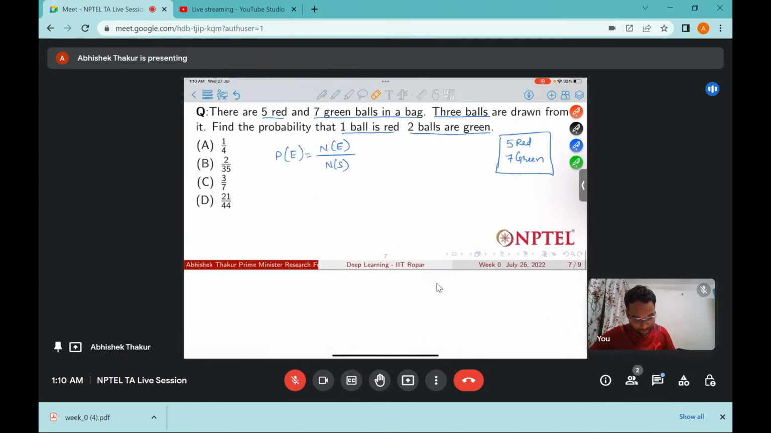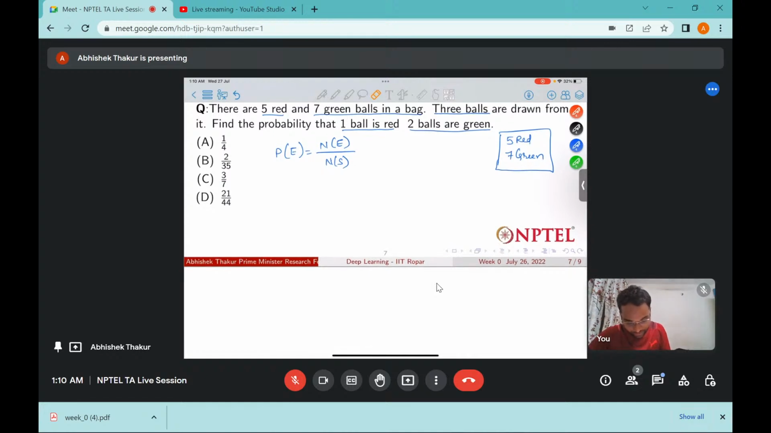So in this question, NS is equal to the number of ways in which 3 balls can be picked. Okay. So that is equal to 12C3. And our NE, that is equal to,